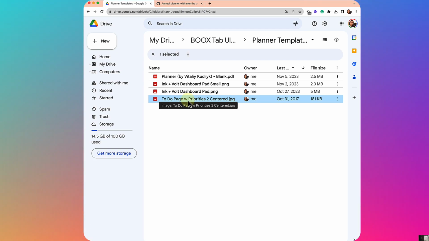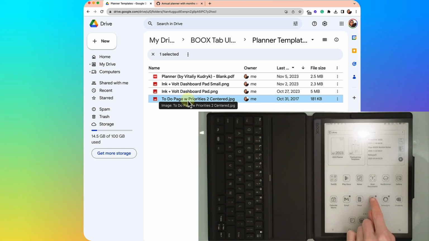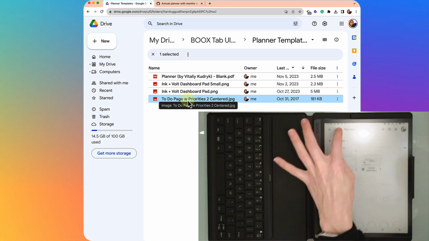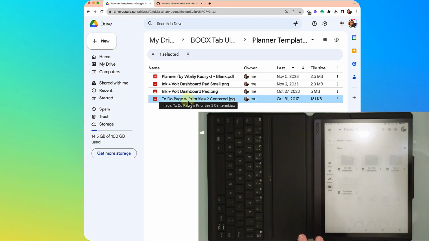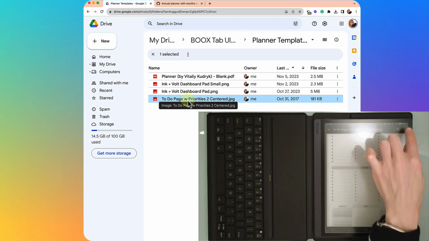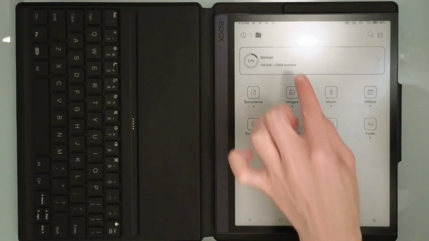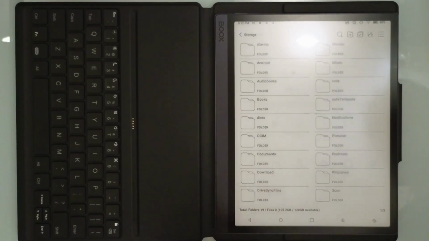So on my Boox tablet, let's go back into Google Drive, and I'm actually doing this from scratch with you again. Go into my planner templates. And then I have, it's called the to-do page. So let's go ahead and just download that. Go back into the file folder, go into storage. And now in my downloads,